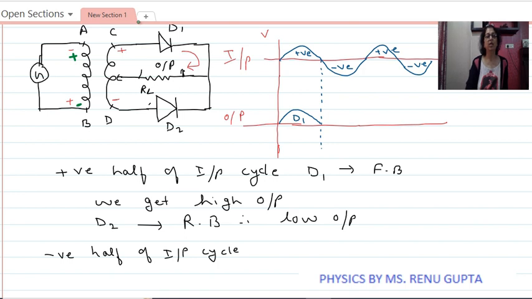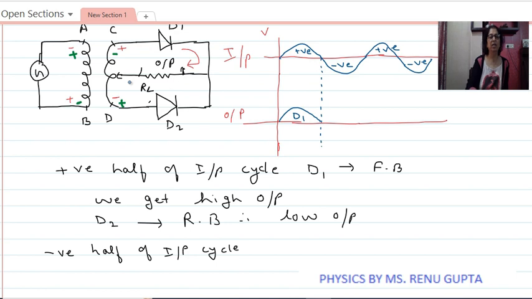Now due to mutual induction, C will become negative and D will become positive. Now as C is negative, therefore the P region of the D1 diode is connected with negative. So D1 is reverse biased,